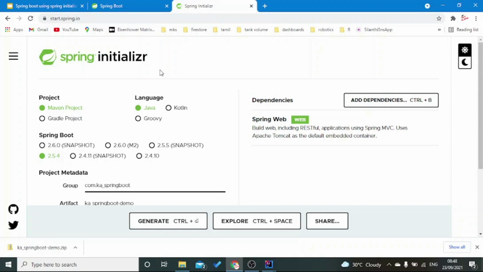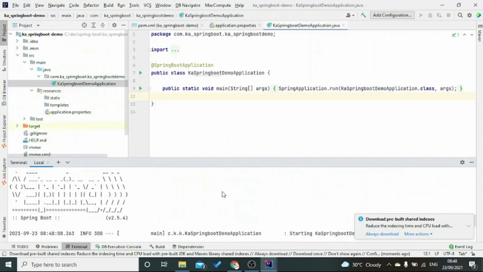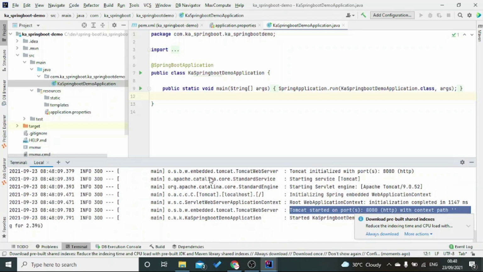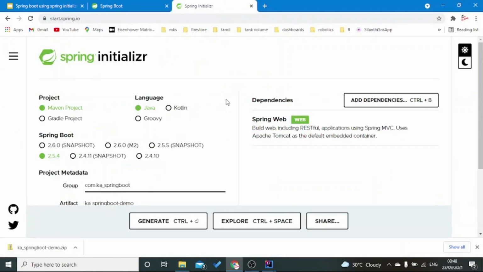The Maven command mvn spring-boot:run is to start the server. So this is what I wanted to show in this video. If you have any clarification or doubts, please ask in the comments. I will answer. This is our simple Spring Boot application server.